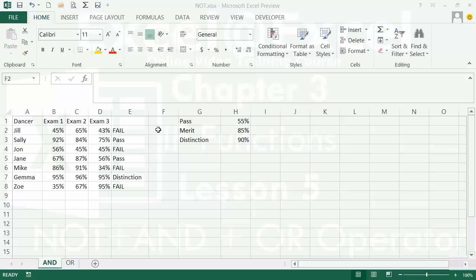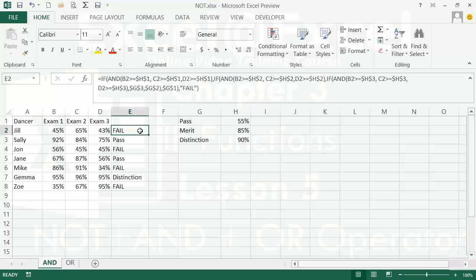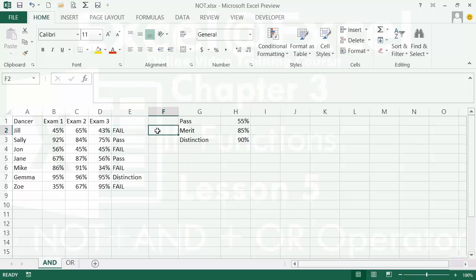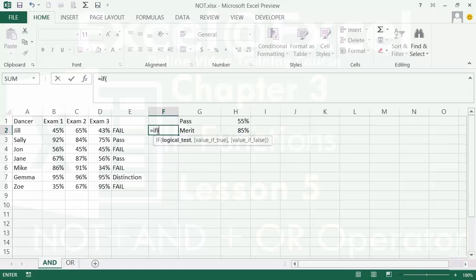And this has the formula in that checks whether a person has passed, failed, gained merit or distinction based on all of their results actually reaching the grades. What we're now going to check is whether each exam has been an improved score. So they might still fail at the end of the year, but if they've been improving each time, then there's room for hope. So we need to do a little bit of an if again, so equals if, open brackets,